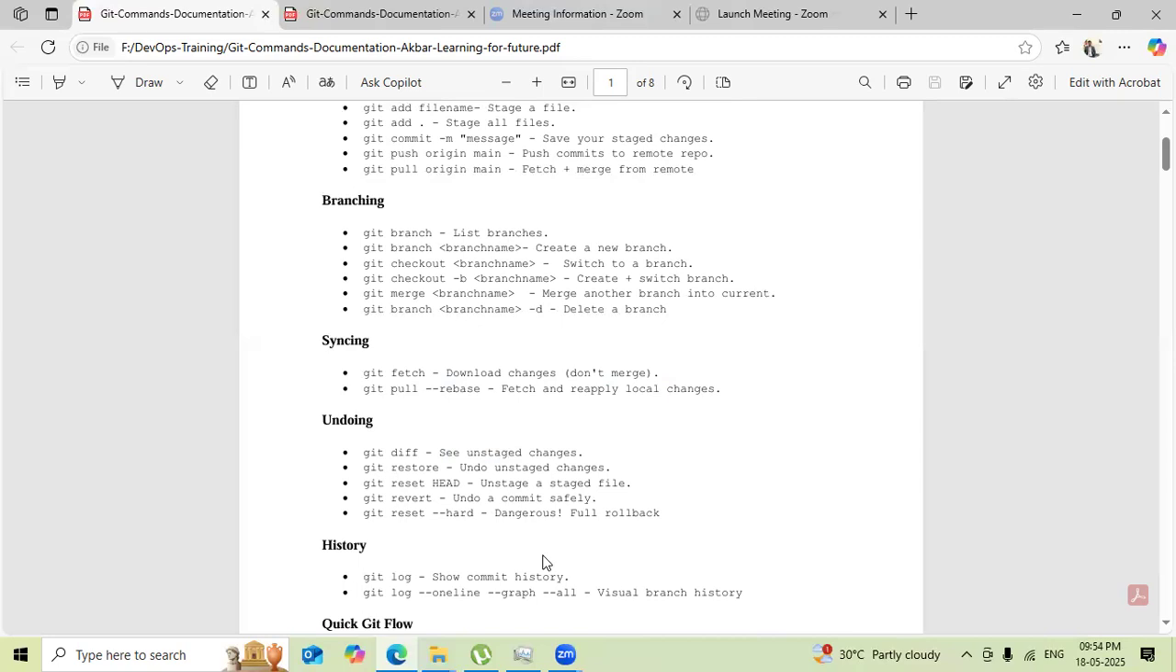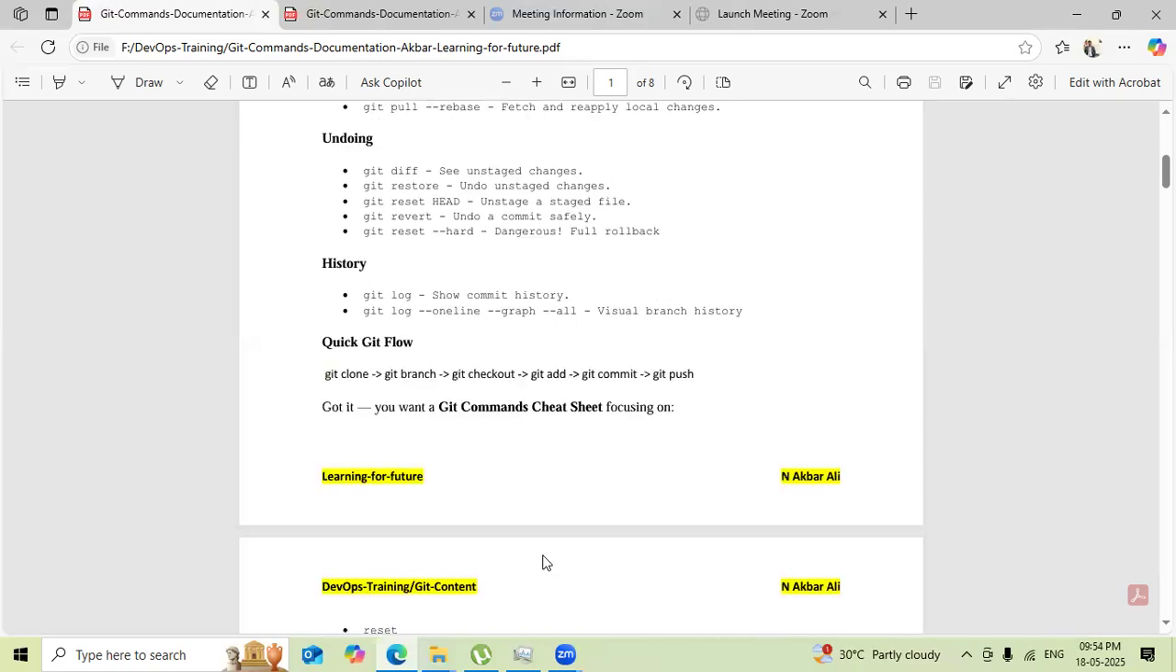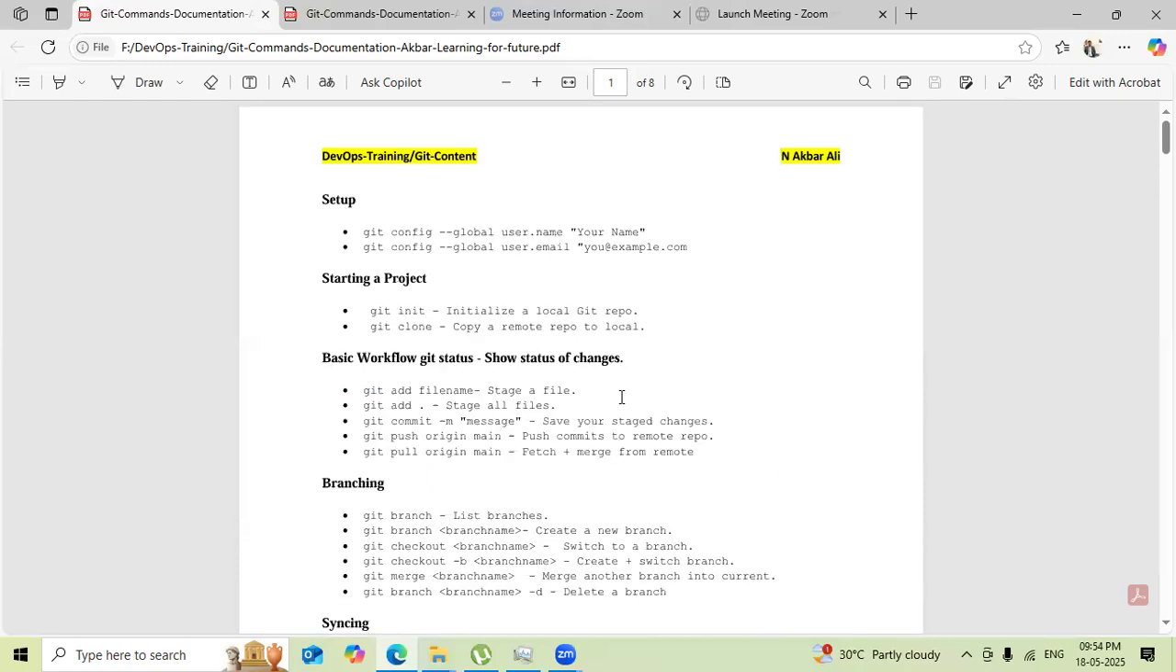Next, coming to git log. If you have n number of commits, then git log --oneline or git log, you can see the number of commits. So git clone, git branch, git checkout, git add, git commit, git push. This is the basic flow, whatever the things are there. So after this, if you come down a little bit,